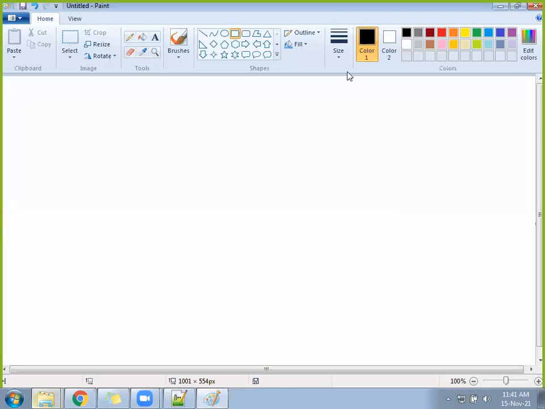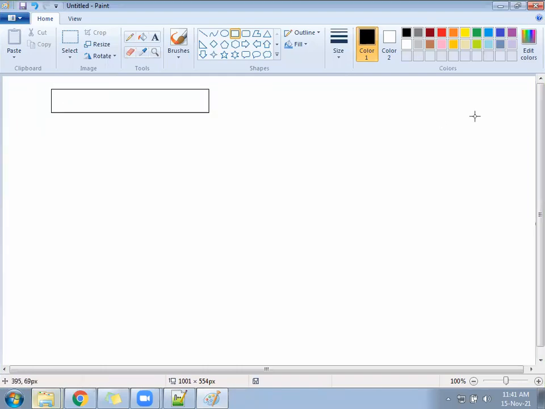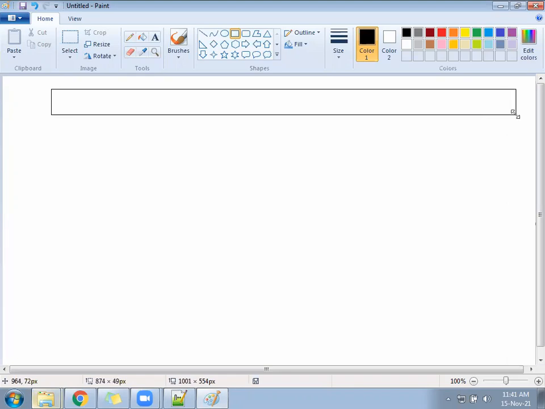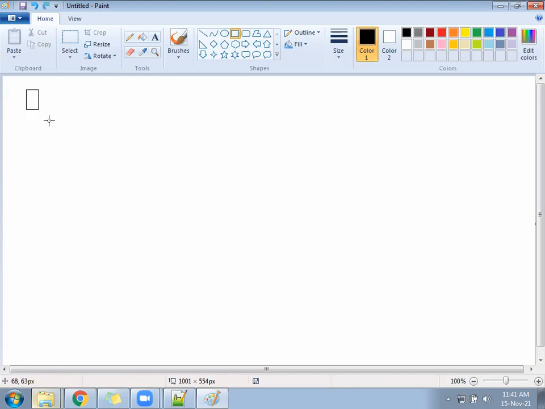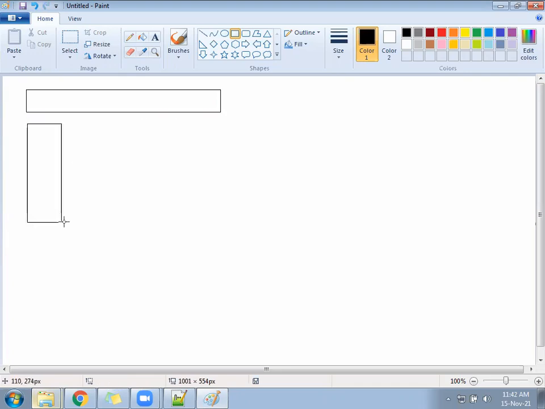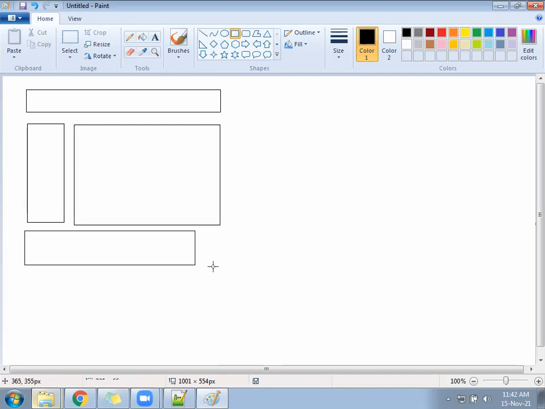Okay, suppose you have a page you want to design like this: one header section on the top, one block on the top, and again, okay, like this. One design is like this. Suppose one design is like this: one section on the top, one section in the left, one section in the right, and one more section in the bottom. Suppose this is one layout.